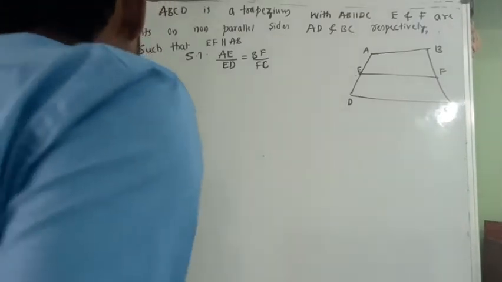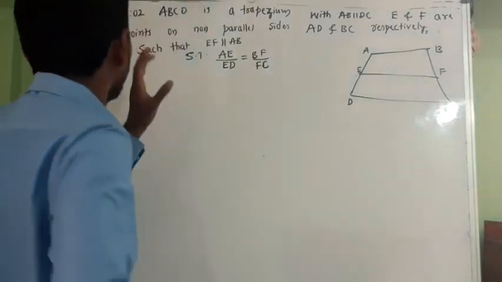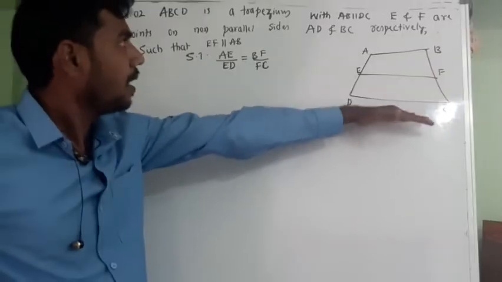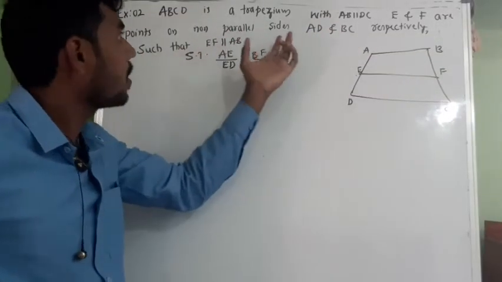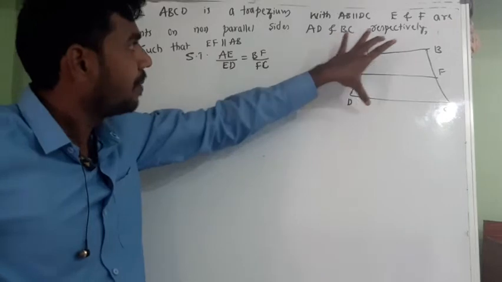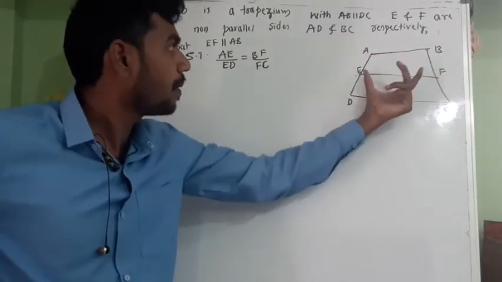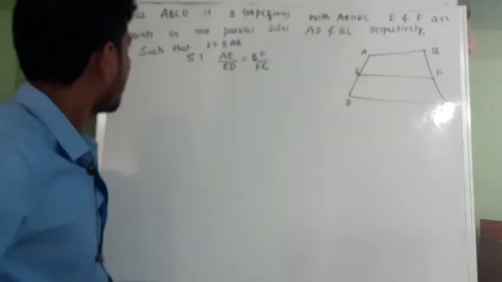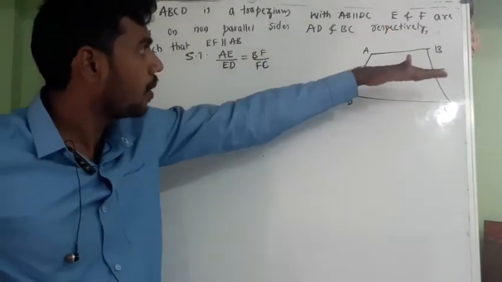Second example based on the basic proportionality theorem. ABCD is a trapezium with AB parallel to DC. E and F are points on the non-parallel sides AD and BC respectively, such that EF is parallel to